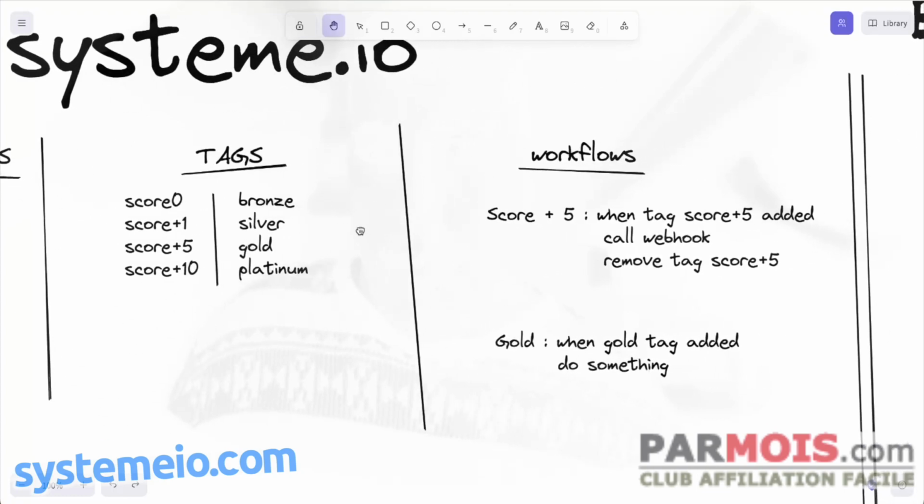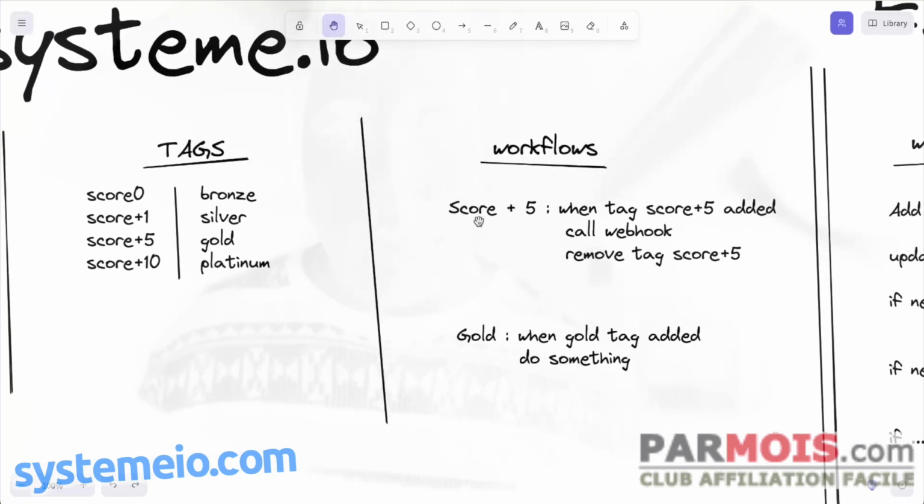Then you have a workflow. These are rules that start with, for instance, a workflow called score plus 5. The trigger is when the tag score plus 5 is added to a contact. The tag will be added by another rule inside SystemeIO, but this workflow triggers when the tag is added. When it is added, we call a webhook, and then we remove the tag score plus 5. So in effect, when you add the tag score plus 5, it is immediately removed from this contact after